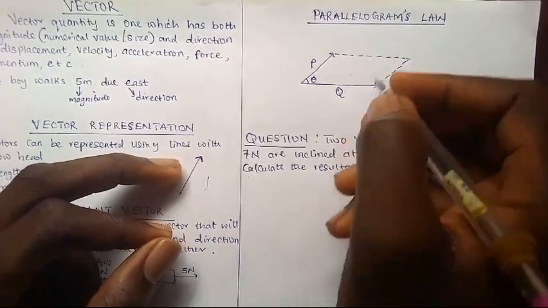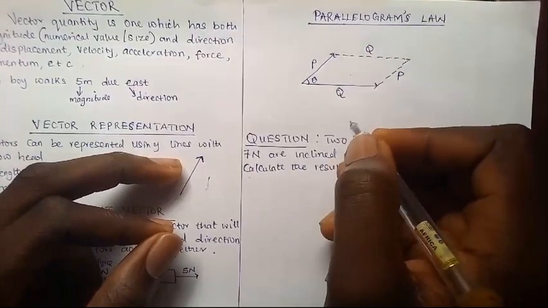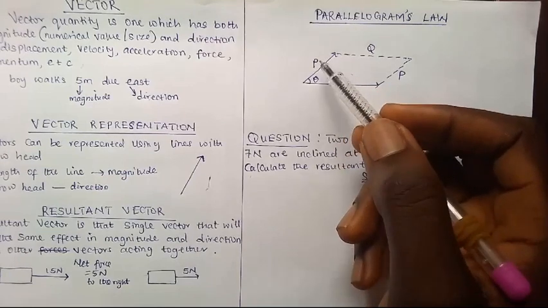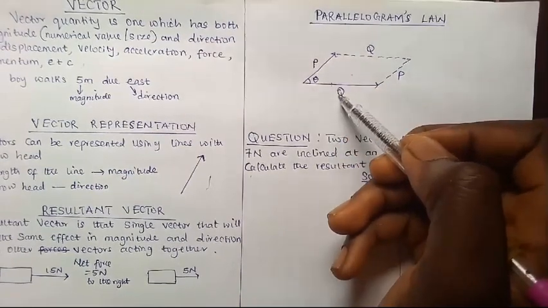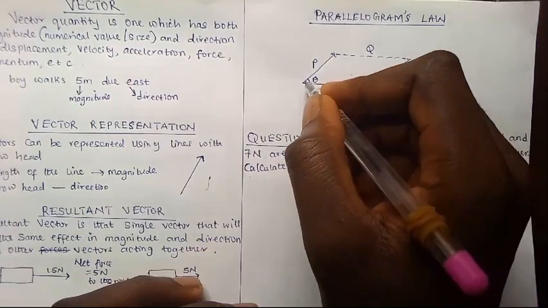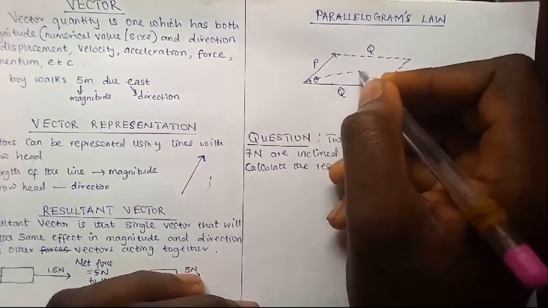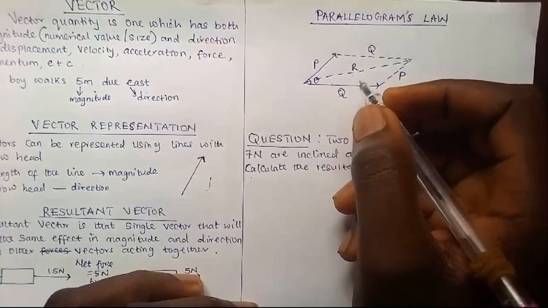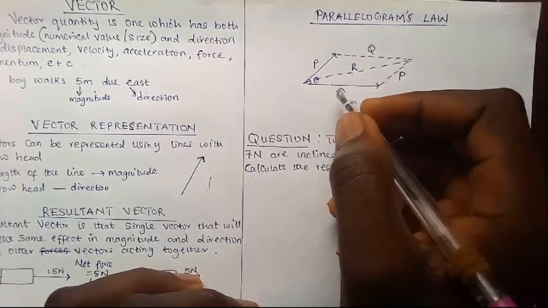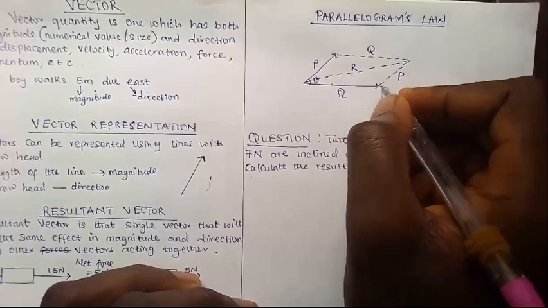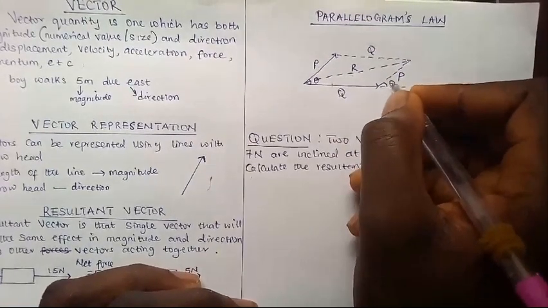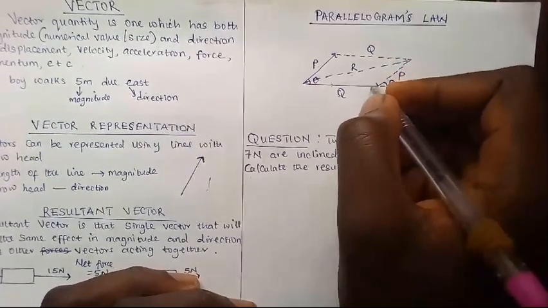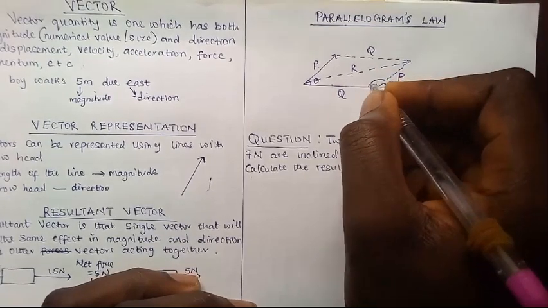Okay, of course here is also q and here is p. Now these two adjacent sides of the parallelogram represent the magnitude of the two vectors, which are p and q, while the diagonal passing through this point here represents the resultant of these two vectors p and q. So here is the angle of inclination, and now if here is theta, then the angle facing the resultant, which is this place, is going to be